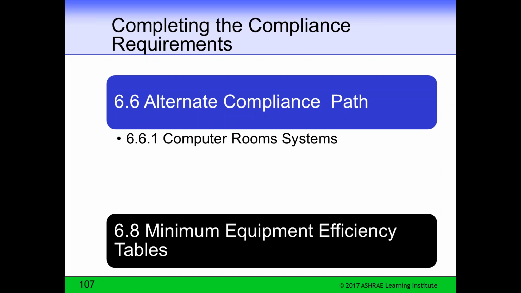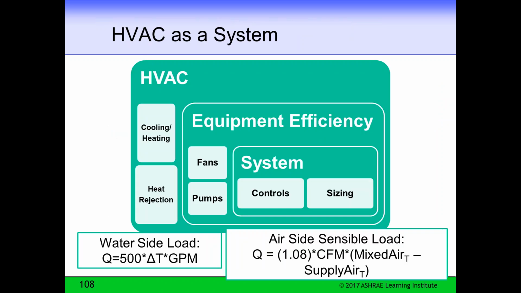You could use an alternate compliance path, such as 6.6, which is for computer room systems, and then the tables at the end of the section in 6.8, they're referenced and they're actually part of 6.4, but they're contained in section 6.8. You'll get the minimum tables, and you'll see those tables, and they'll list all the requirements